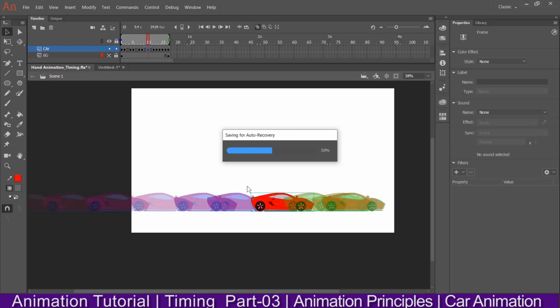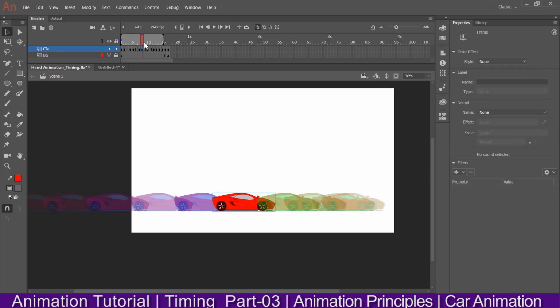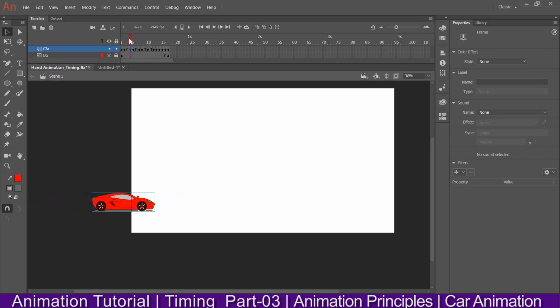This is called positioning, the spacing of the character or your drawing. Okay, and here also I can go a little like this. Now we'll check.